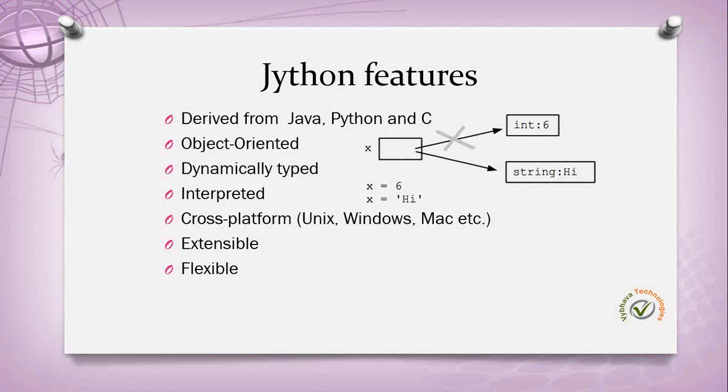Cross platform: if I make one script in Jython, the same script will be useful in Linux, Unix, and on Mac also, you can use the same script without doing any changes. So that's platform independent code we can write. Extensible, you can have that extensibility. As you know, you can create classes, it's object oriented, and you can extend the classes. So reusability is there, extensibility is there, and it is a very flexible language,